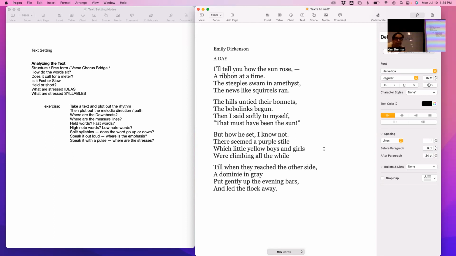Oh, but the next line has a pickup. Does it want to go right on, or does it want to take a dash? I think it keeps it paused there. Respect the dash. So maybe there's a measure bar here, or just some sort of stopping thing like a fermata or a caesura. Maybe just a breath.